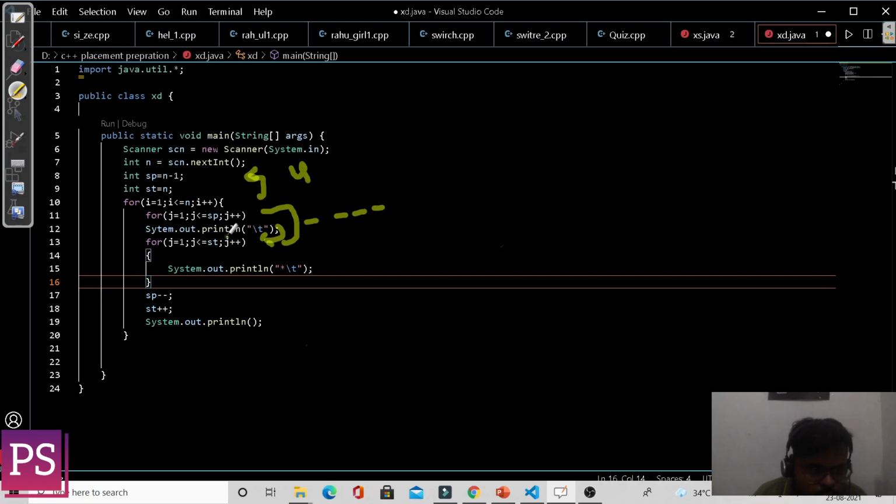Here the value is one, and this will print 1 star. Then this loop will terminate, and as the value of sp is 4, now this value will be 3, and the value of st will be increased. As it was 1, now it is 2, so 3 spaces and 2 stars.